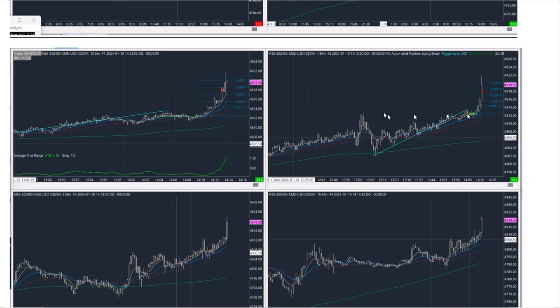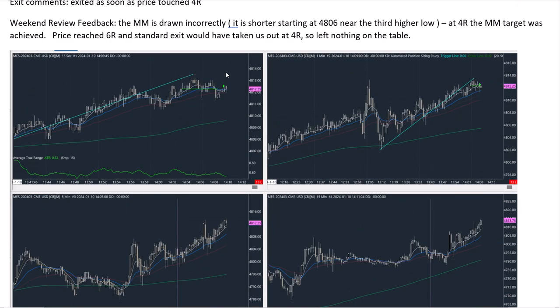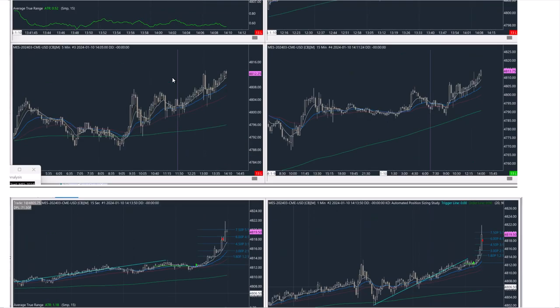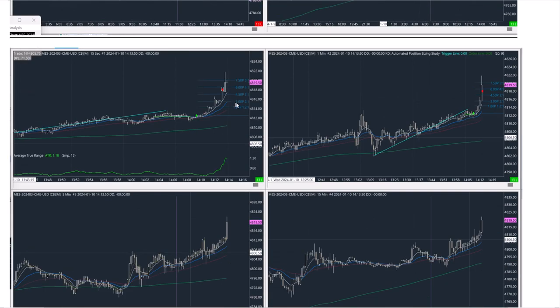Well, this is what happens, right? With oval sideways, we can get a big R. And this one spiked. This one went well beyond the 4R. It even went above the 7.5. It looks like it went towards the 8R. So he exited once 4R has been touched. You can take full profit like that,